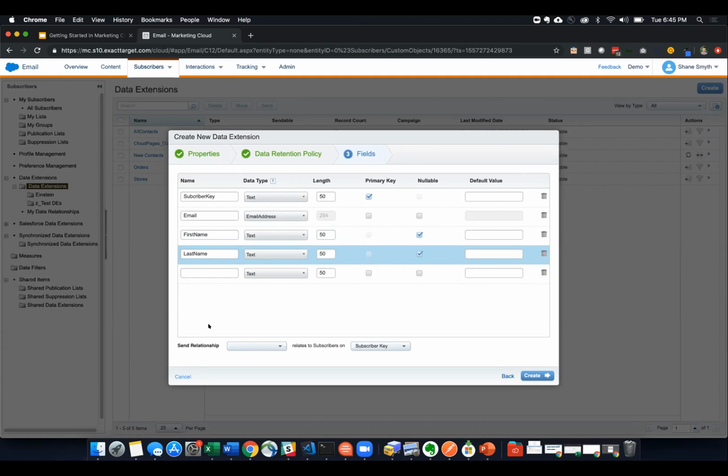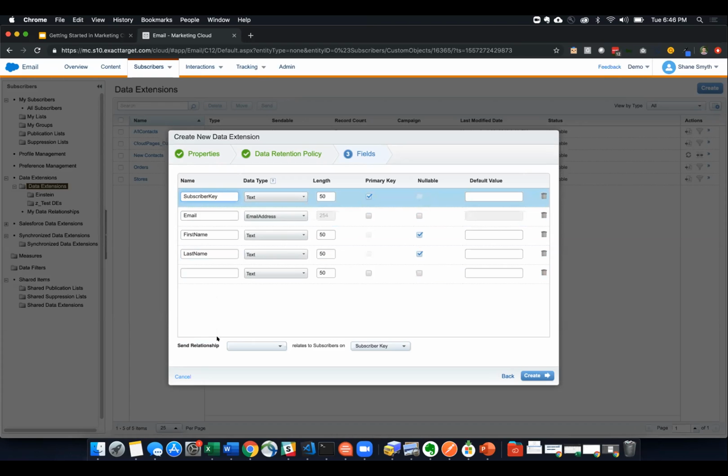I will note one thing on the bottom here. The send relationship is extremely important, and it relates to the subscriber key that I was talking about earlier. And if I could spell subscriber right. Okay, so then we're going to select what field relates to the subscriber relationship. I'm not going to go too much into this, but it's important that you map these together, and basically you want to map your unique identifier of your system to the subscriber key on the right-hand side here. So I'm going to click Create,